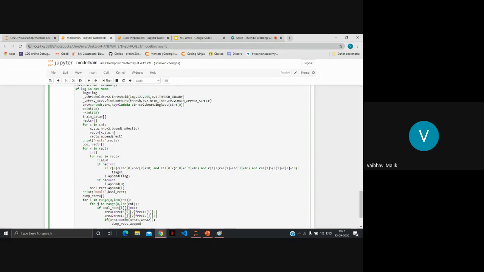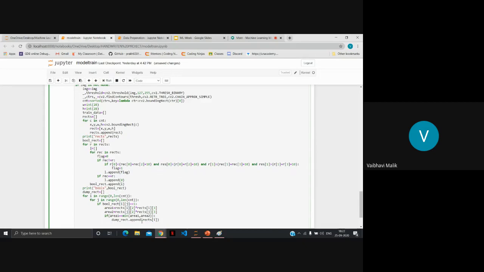Dump rectangle dot append. Now the rectangles which we are going to dump are ready with us. I will show you how they look by printing them. This will be dump rectangles.